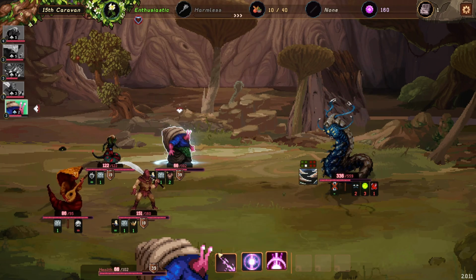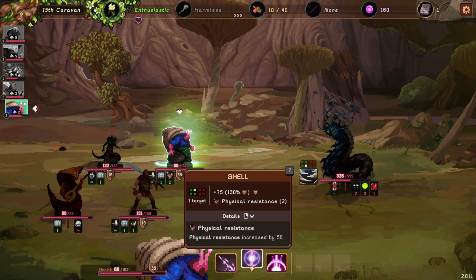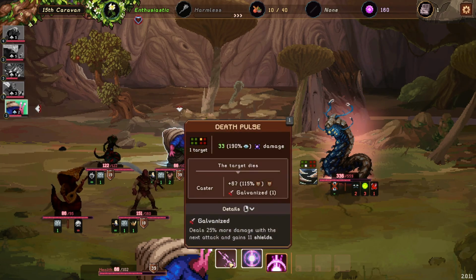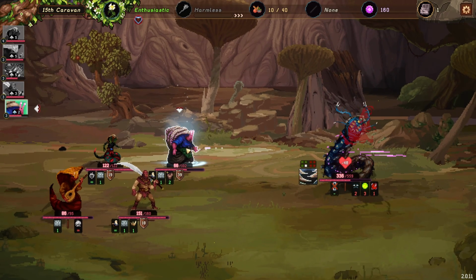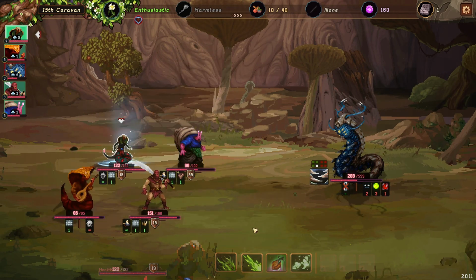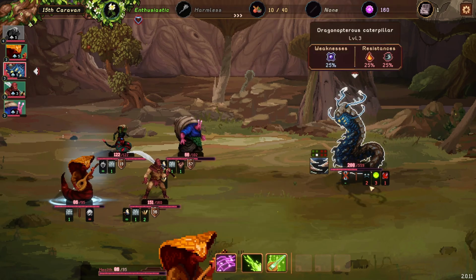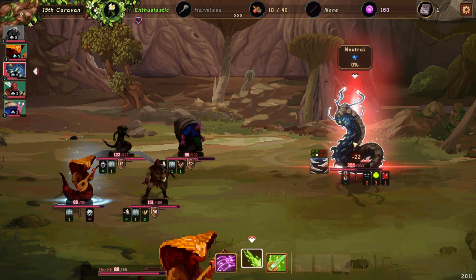Okay, so this is not going to do much damage because this just hits harder. And I can't... Yeah, the shell's for ourselves only. Share your shell, bro. Alright, again, let's do some thorns. And weakness is up. Let's keep...